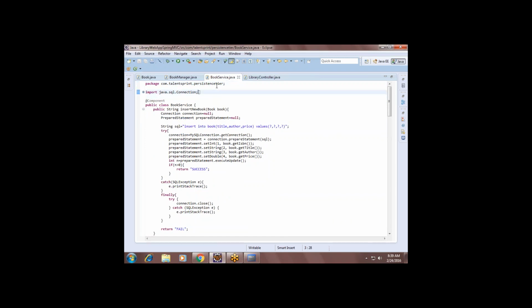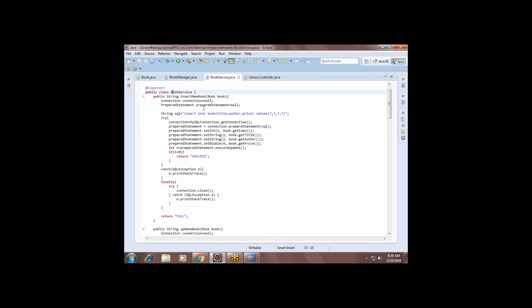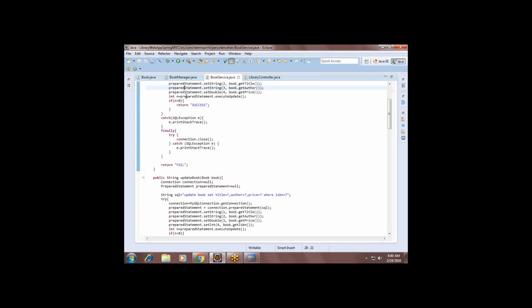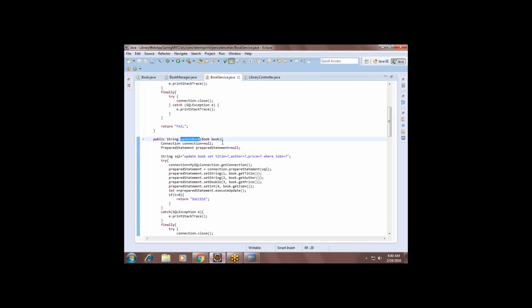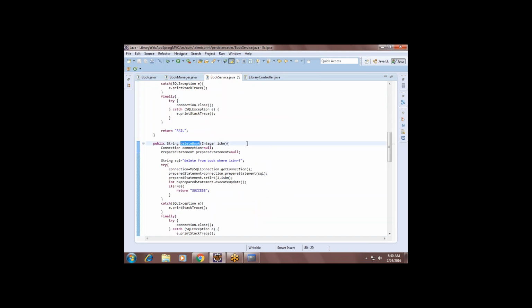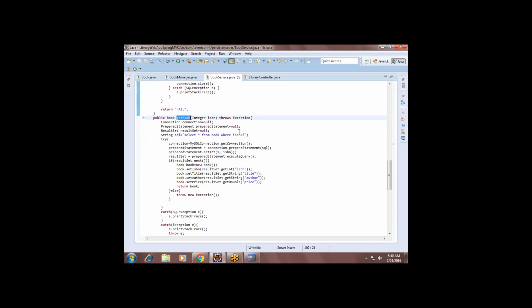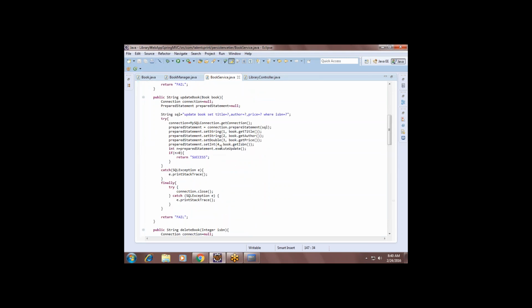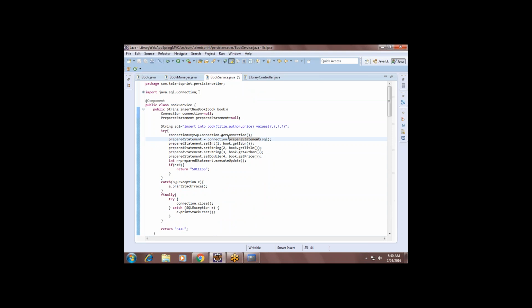What does it mean? Like we already saw in our previous example, there is a DAO. What do you mean by DAO? This is like a service. See, if you see here, there are a lot of methods. Whatever requirements you have, you write all the methods inside this service, guys. For example, the insert book method is there and you write the logic for insert book. Update book is there. Delete book is there. Get book is there. Get all books is there. If you remember our customer application: get customer, get all customers, insert customer, update customer, delete customer.